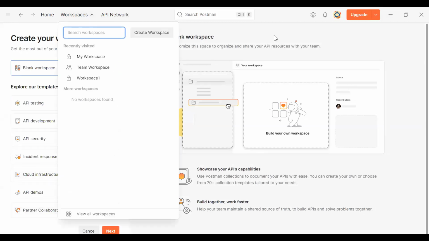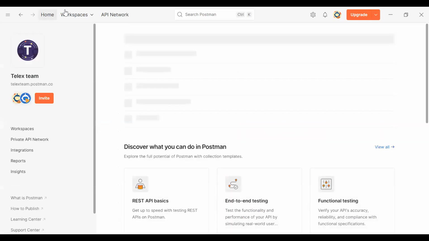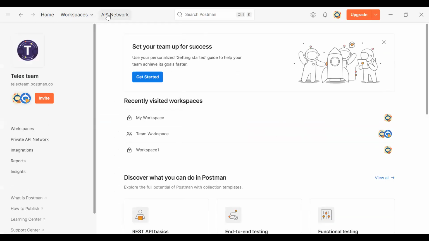Don't worry, I'm still going to have a section on workspace, right? Of how to create a team workspace, how to create